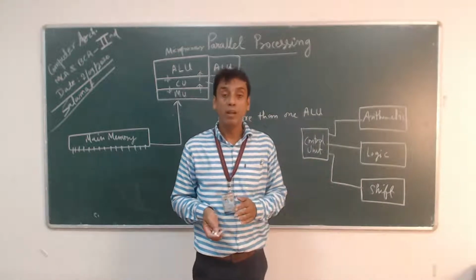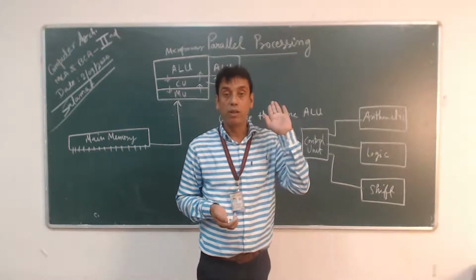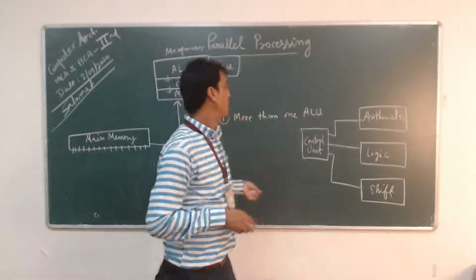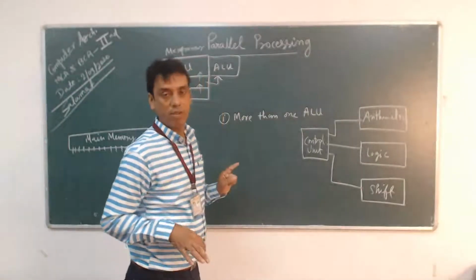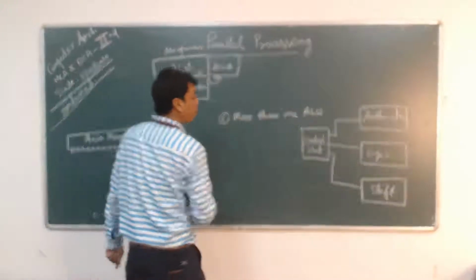Makes our processing fast, but this is sensitive also. It needs a lot of control. This is one possibility of parallelism. Another possibility